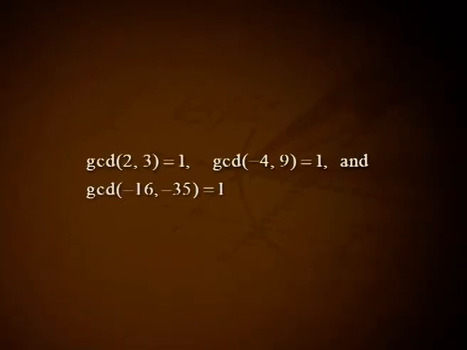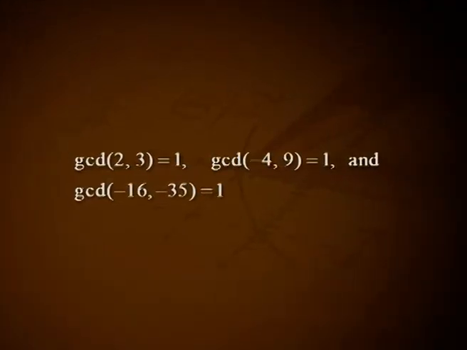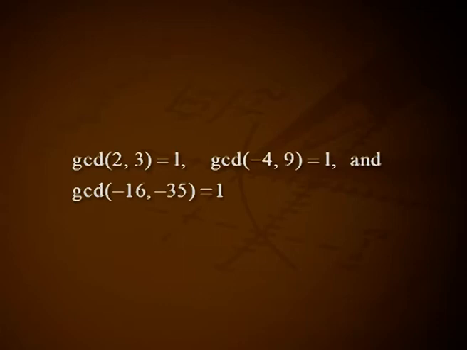This completes the proof. It may happen that 1 and -1 are the only common divisors of a given pair of integers a and b. Whence, GCD(a, b) = 1. For example, GCD(2, 3) = 1, GCD(-4, 9) = 1 and GCD(-16, -35) = 1. The above situation leads to the following definition. Two integers a and b, not both of which are 0, are said to be relatively prime whenever GCD(a, b) = 1.